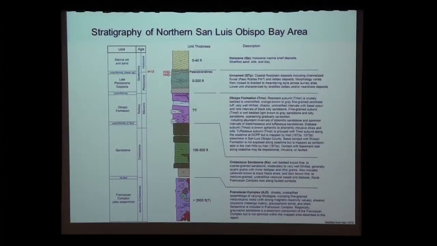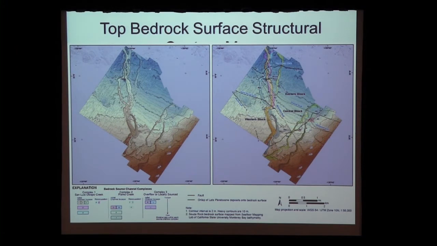This comes from the sequence stratigraphy report that LCI groups, Hans Abrahams Ward, and other people have put together, and we've just carried those horizons and brought them into where we see Pleistocene deposits in the region. And I'll show you examples of how we've determined the Pleistocene deposits. So basically what we've done is we used the bedrock surface for our mapping.